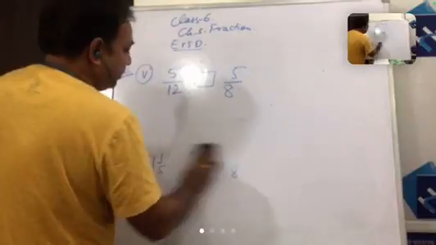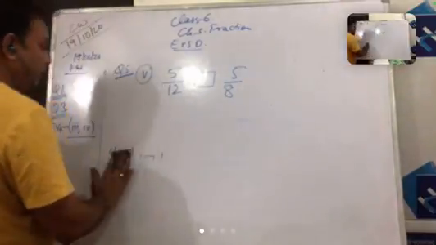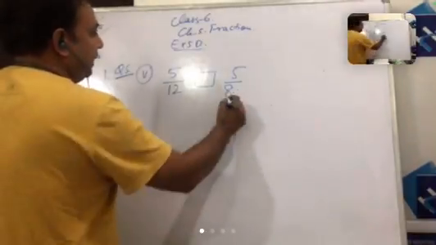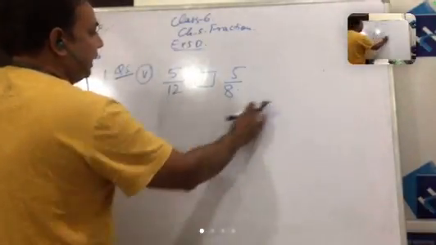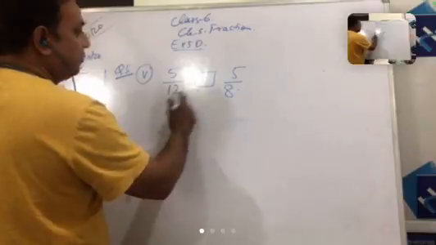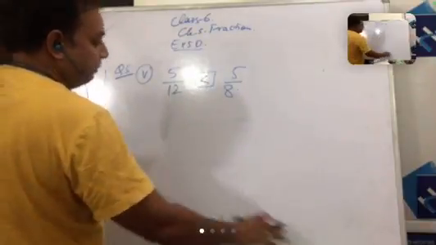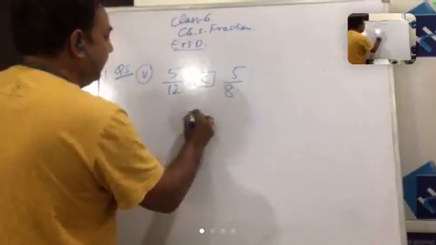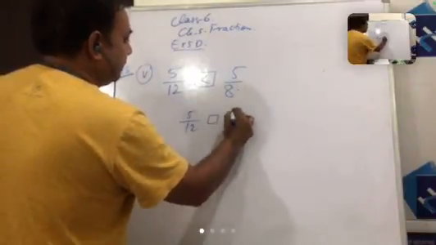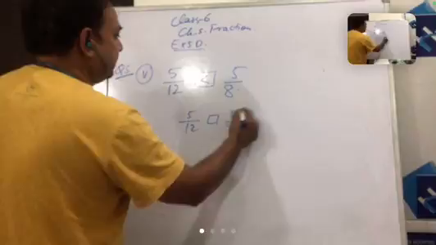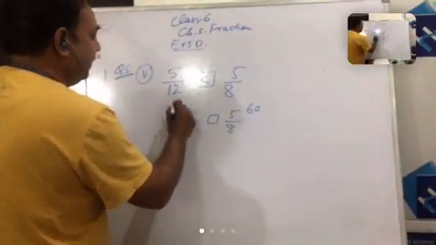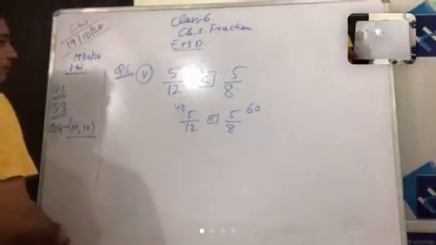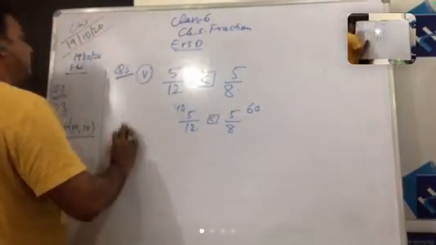And these are the questions we just do mentally. Now what do we have to see here? This is 8, this is 12. We know that the bigger number is smaller, so we directly put it here. Or if you want to check, you can check by another method. 5/12 and 5/8: 12 5s are 60 and 5 8s are 40. Now see, you can use another method to check and verify your answer.